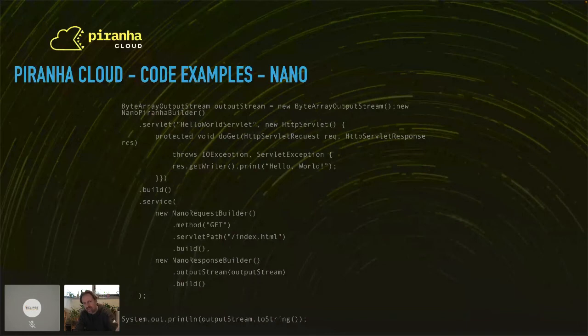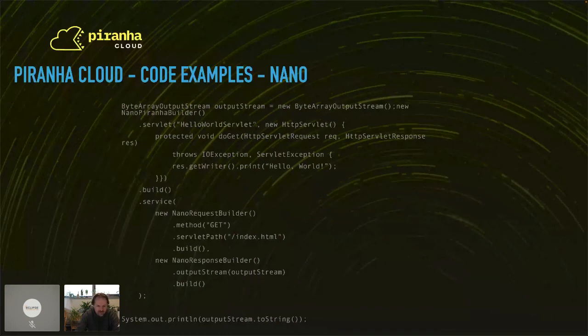So you could use this in your main application as well, a local command line application, but this is typically used for functions in cloud providers. So you see it here, building up a request to a servlet that you have and then executing it.